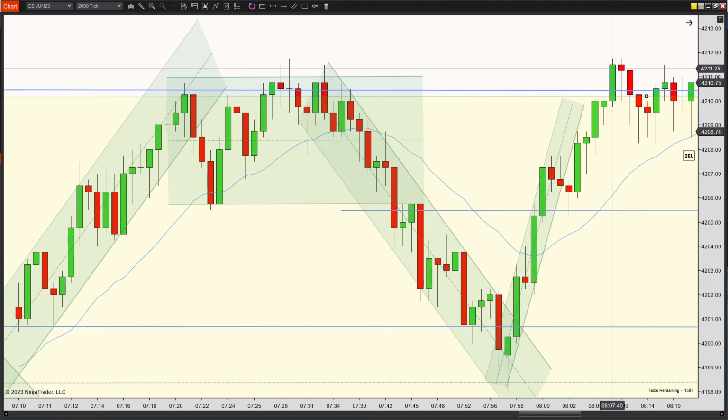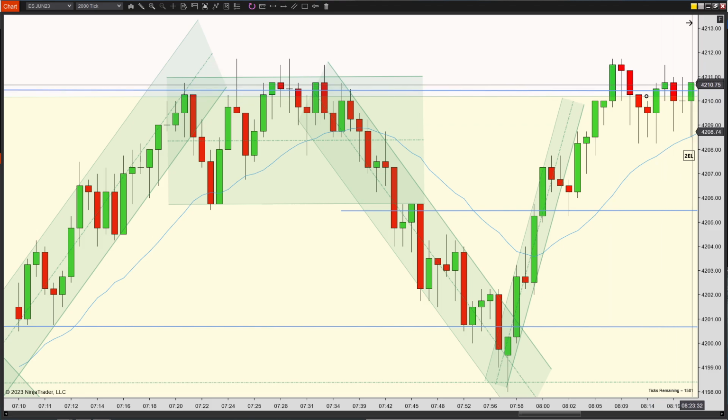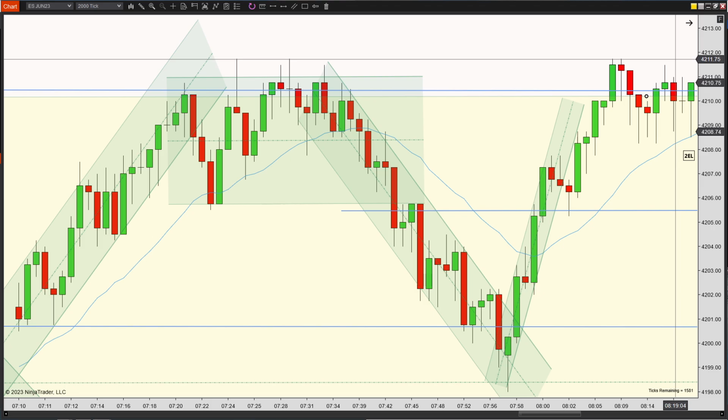I saw a new high here, first entry long, comes back. I see this potential second entry long. Now, I took this trade because I like this signal bar. I'll admit it is an aggressive entry because I'm already near the tops right here, but I figured there was